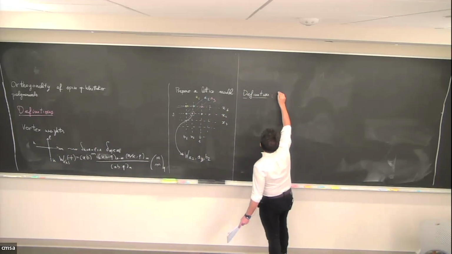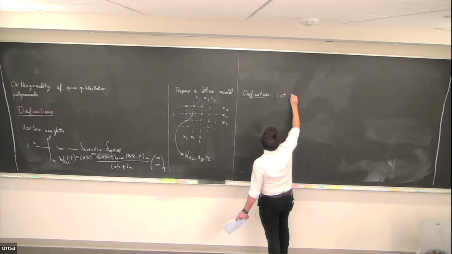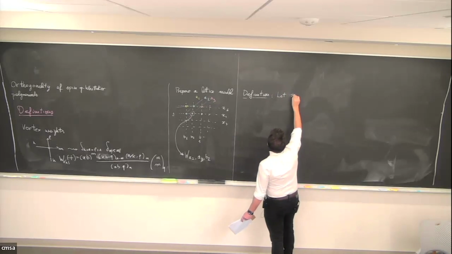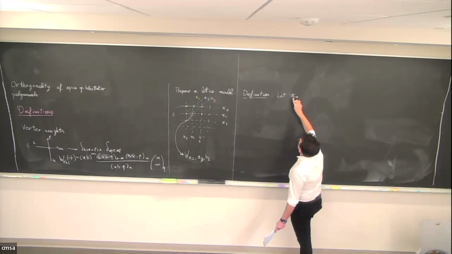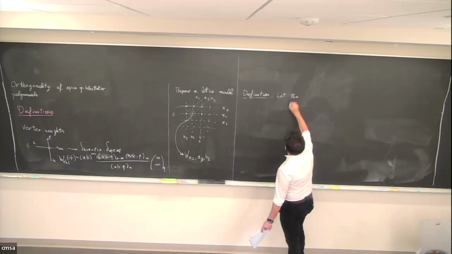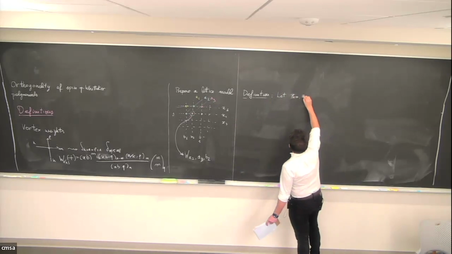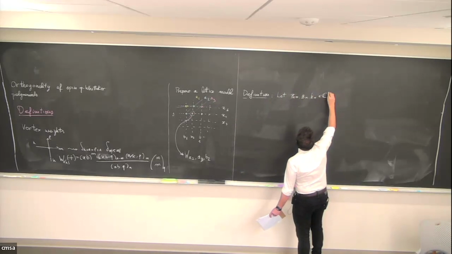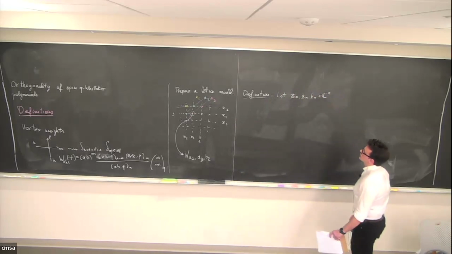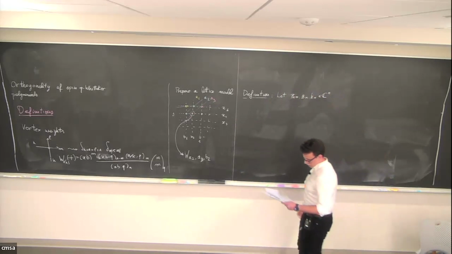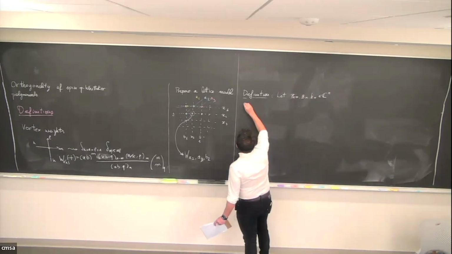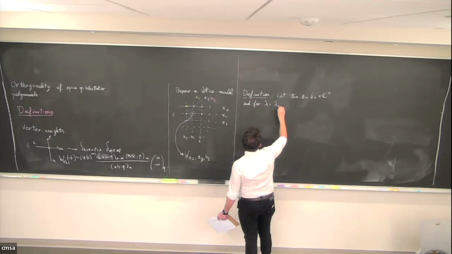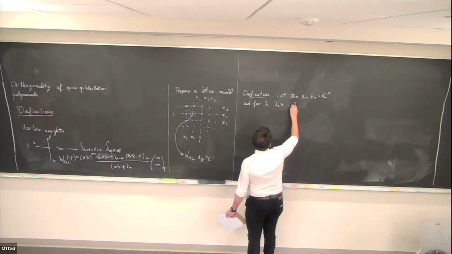So you pick set parameters. Let me use this notation. Xn will denote a set of n parameters, n variables. Okay, maybe I need to add underline, and then an and bn being cn, with some condition maybe. And for a partition lambda, lambda 1 larger or equal than lambda n,